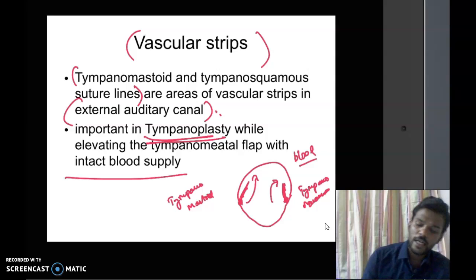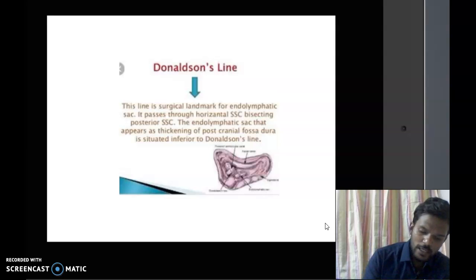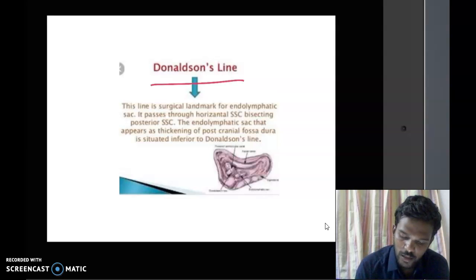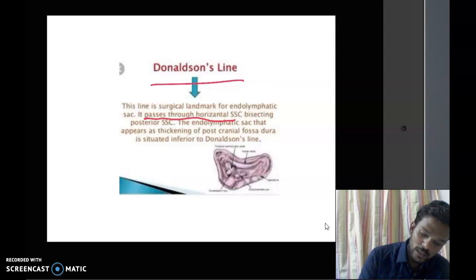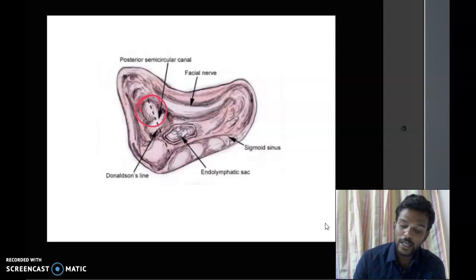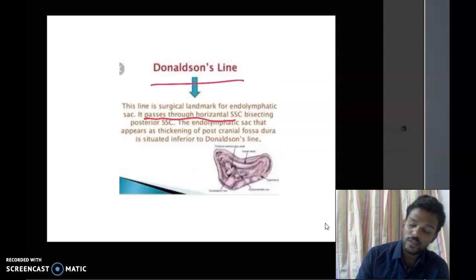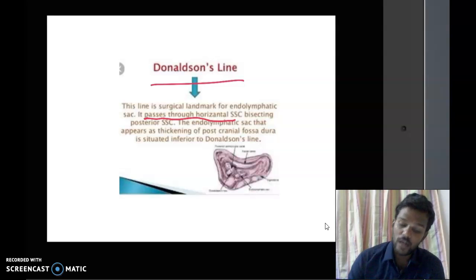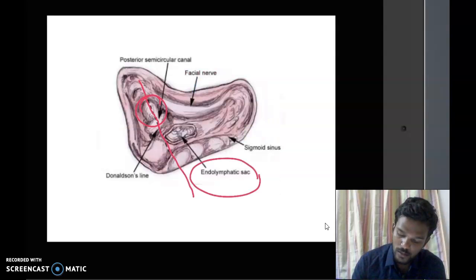Now telling about Donaldson line. Donaldson line is actually a line drawn along the horizontal semicircular canal. It is a line drawn underneath the horizontal semicircular canal, and it will bisect the posterior semicircular canal into two. Bisecting the posterior semicircular canal is the surgical landmark for identifying the endolymphatic sac. This is helpful in endolymphatic sac decompression surgeries for Meniere's disease,